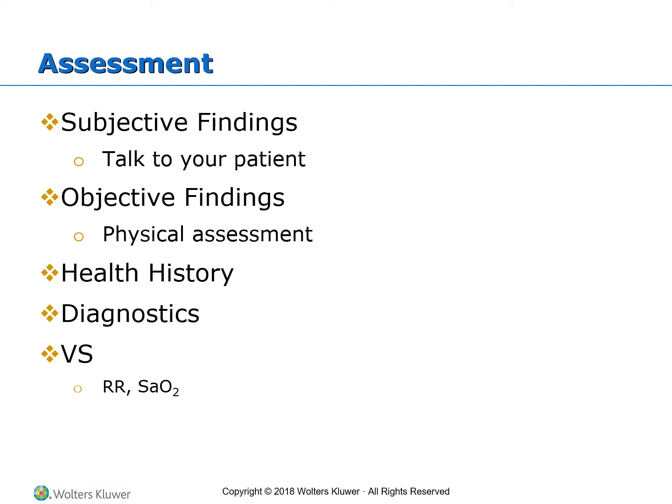So if they have pain, where is it? What's the quality? Is it intermittent? Is it continuous? Does it radiate anywhere? When does it occur? How severe is it? And I don't know if you guys use PQRST or not, or if you use a different type of assessment technique with chief complaints and getting a patient history. But PQRST is just the position or place. Q is quality. R